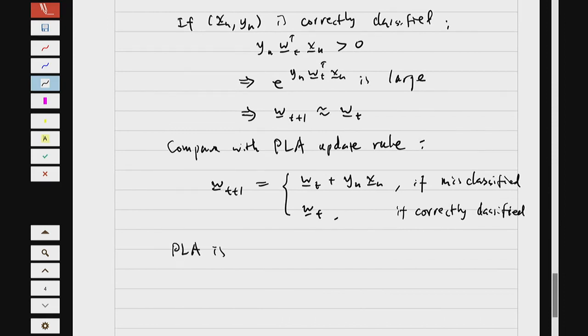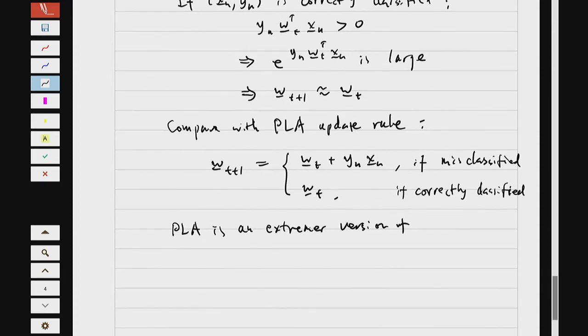Epsilon is 1 here. And also here we have approximately equal to, because it's softer, whereas here it's strictly equal to. So it's a hard 0-1 update kind of thing. An extreme version of logistic regression. But when it's with a single point